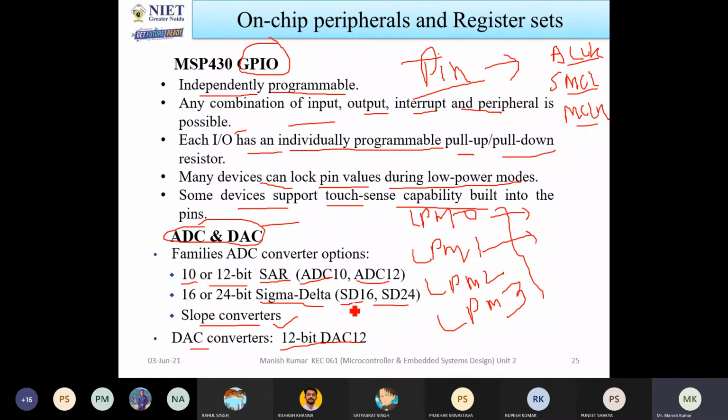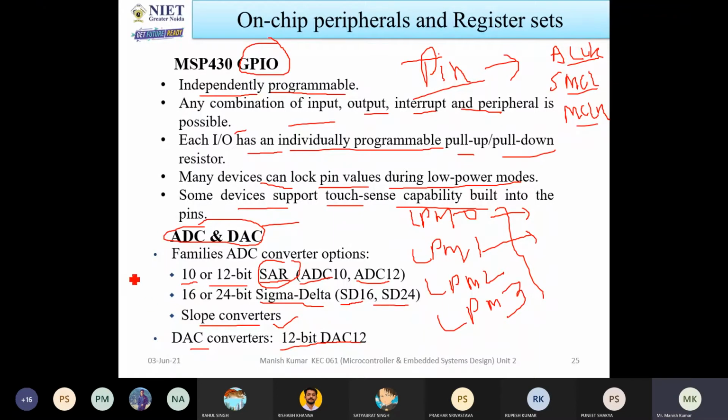Okay. So now there are various types, you can see SAR ADC, Sigma Delta ADC, Slope ADC. So what is the difference between them? Why will we use all these things? So you have to know some advantages and disadvantages of them. When we are talking about the SAR ADC, it has the best accuracy. Okay, best accuracy in the case of processors.